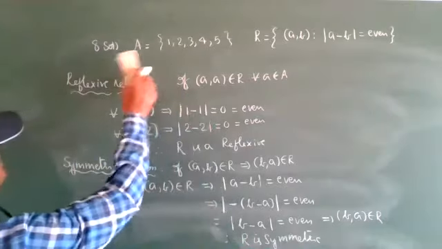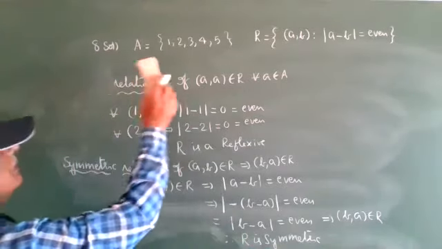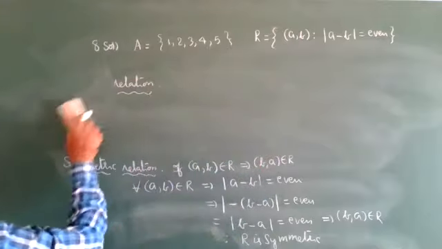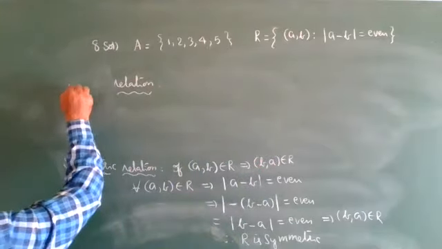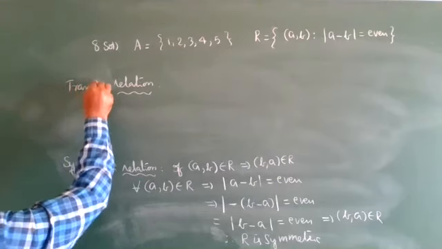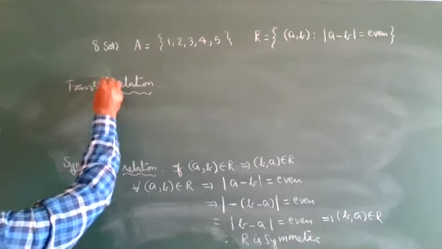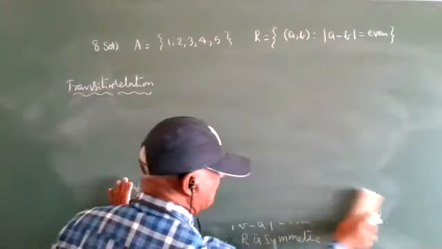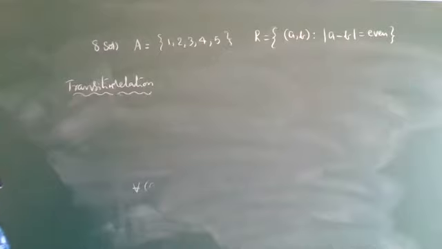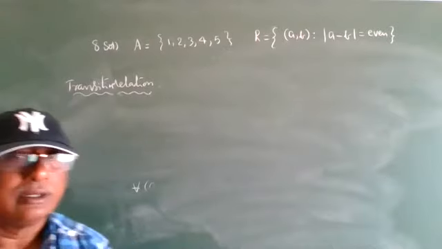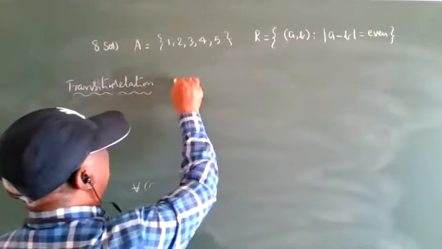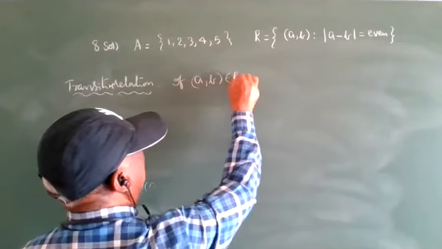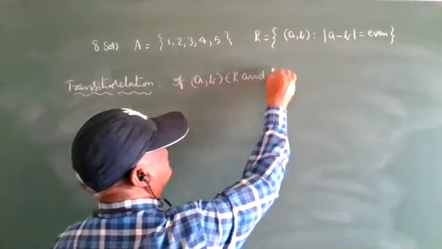Everyone write down the transitive relation. First, write down the transitive relation definition. The definition: if (a, b) belongs to R and (b, c)